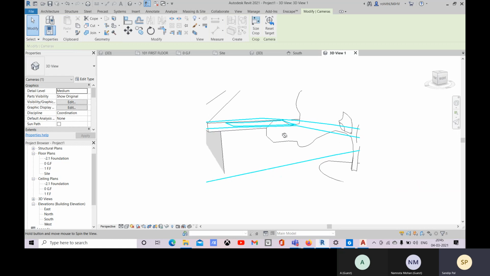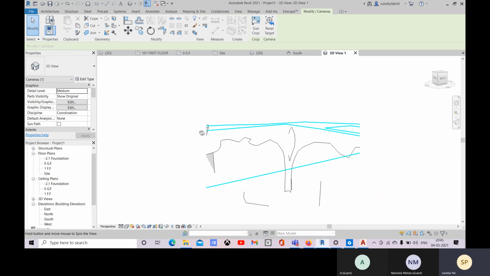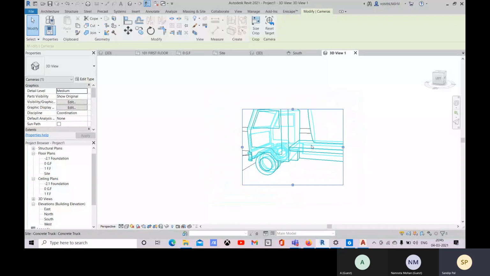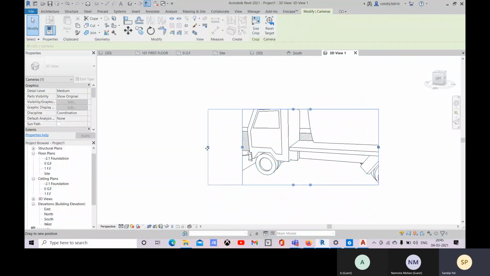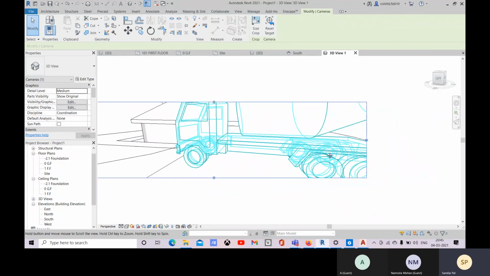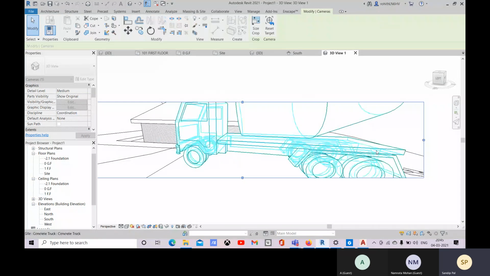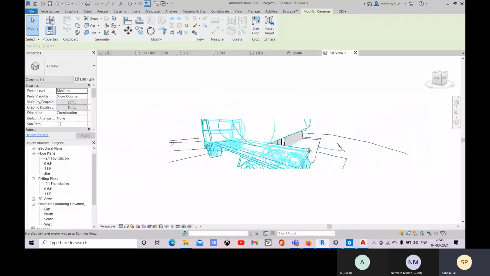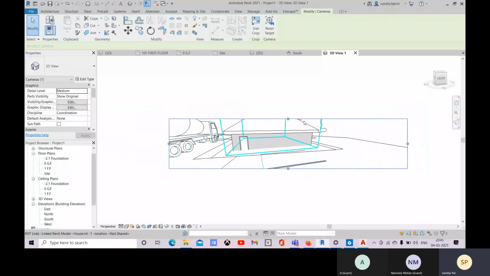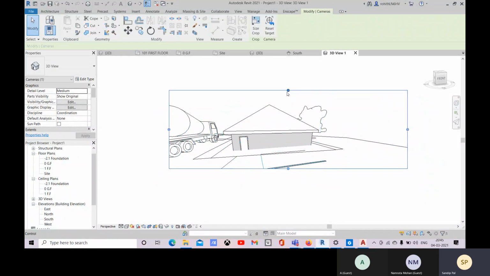And you can rotate as well. You can change the area, or the field of view, you can change like this. You can again rotate it.